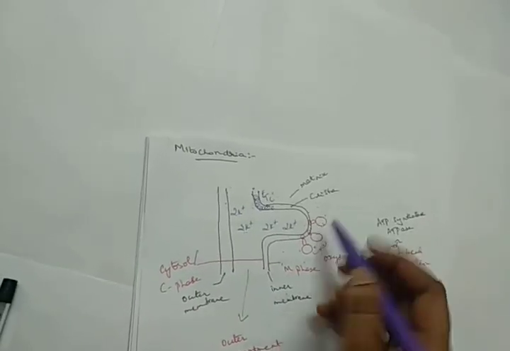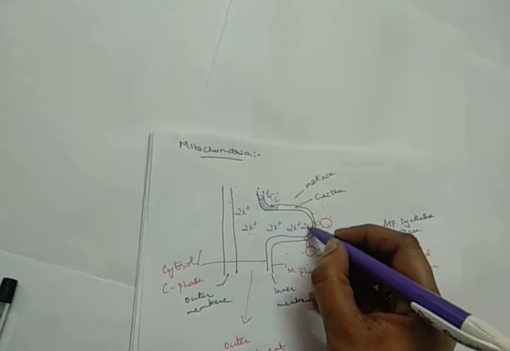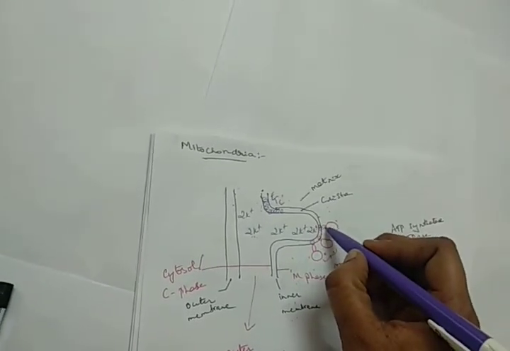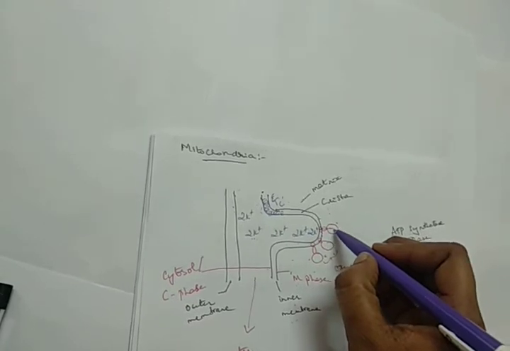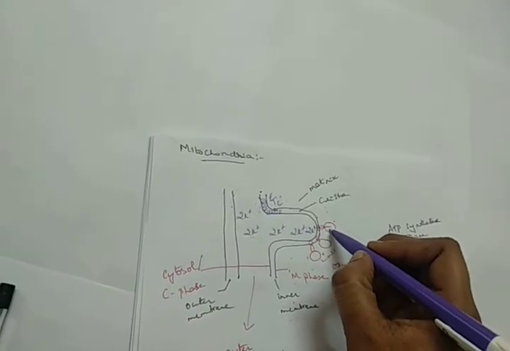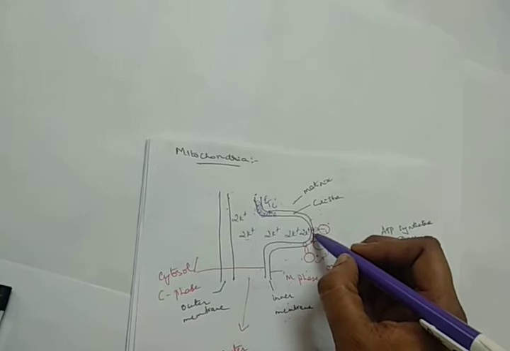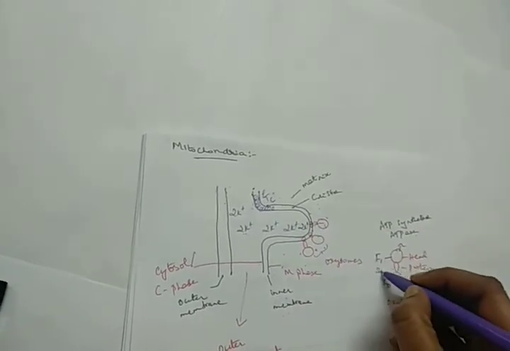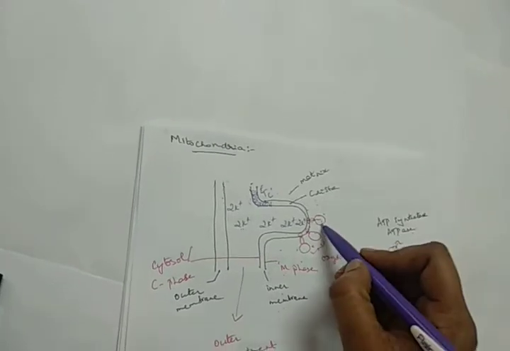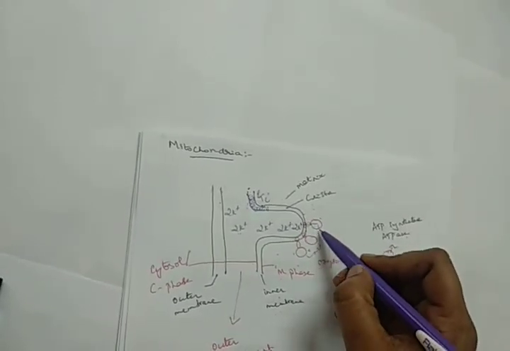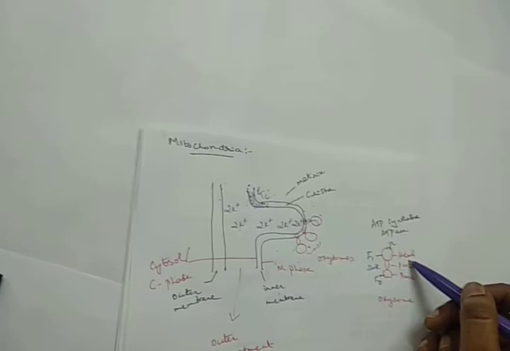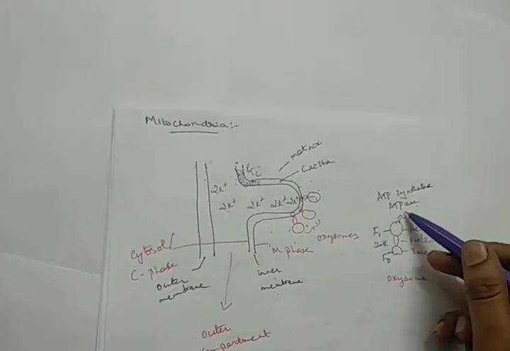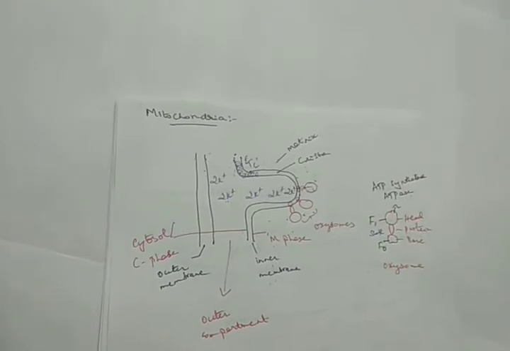So what is going to happen here? When you consider one pair of protons, this proton with high energy is going to enter towards this oxysome. The first part you call the base. The middle part you can also call the stalk, and the innermost part is called the head region. This head region consists of the synthetase enzyme.